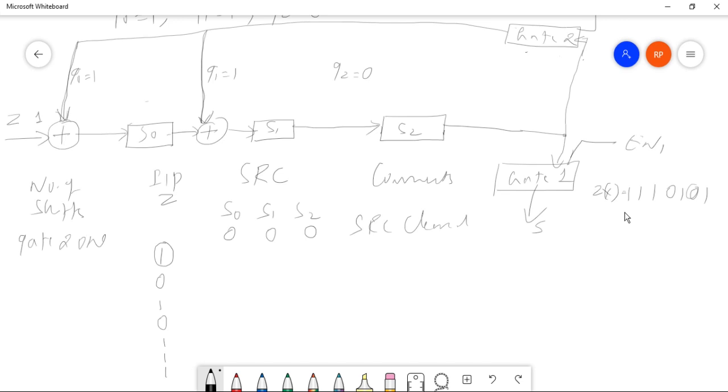Now, when the 1 enters inside, what will be the output? You should never consider that this line value is 1. No, this line is there because G0 is equal to 1. So to avoid confusion, we will just remove the values of G0 and G1. Because G0 is equal to 1, we draw the line. It doesn't mean that the line is always 1. Because G0 is 1, we have drawn a line there. So then what is the value of this line?